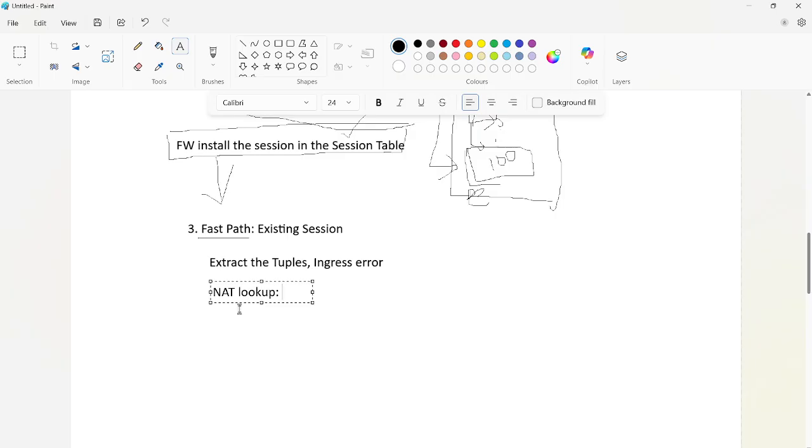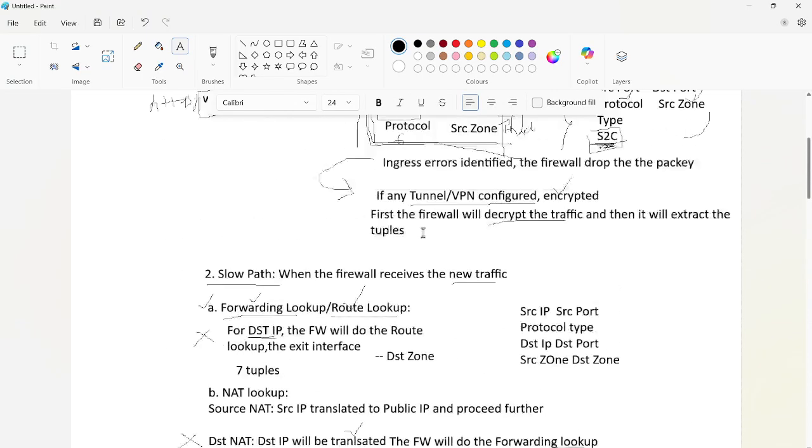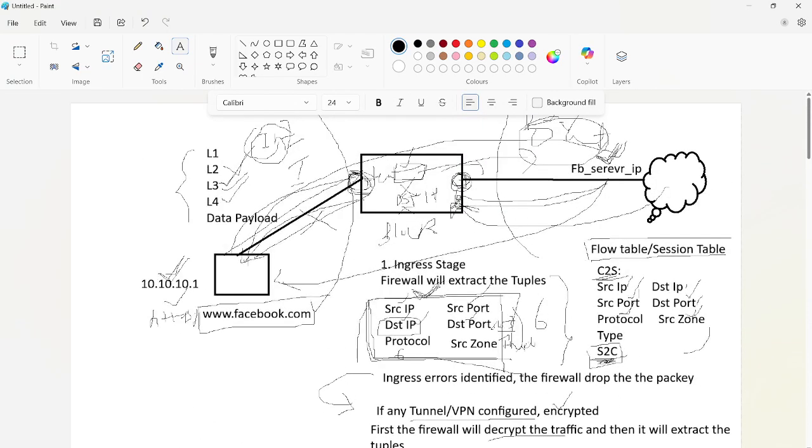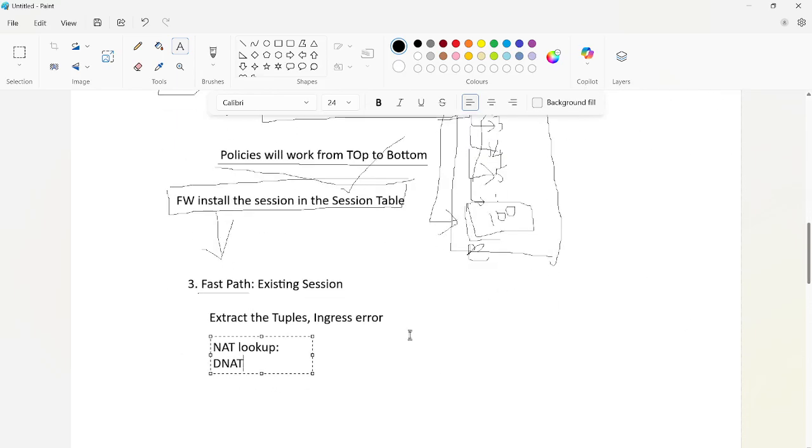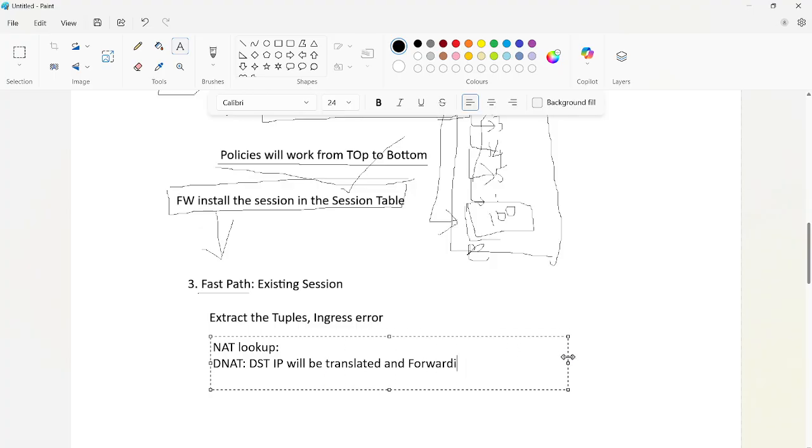In the fast path, it is going to do a destination NAT, because the traffic is coming from outside to inside, right? In the destination NAT, it is going to translate the destination IP. If the destination IP got changed, it is again going to do a forwarding lookup, to identify whether the route is available in the route table or not.